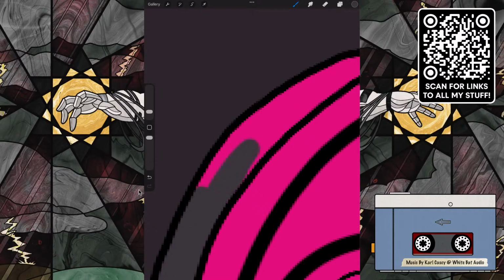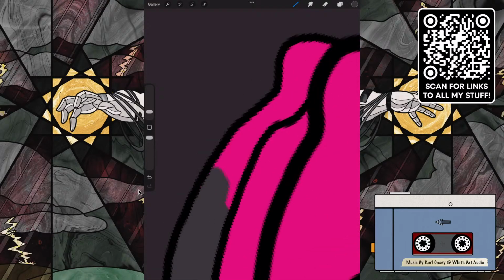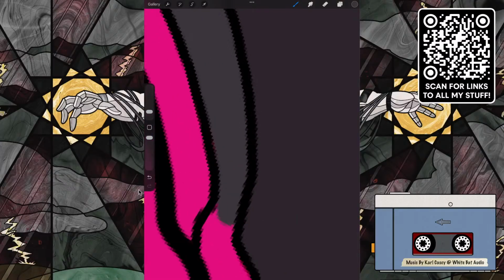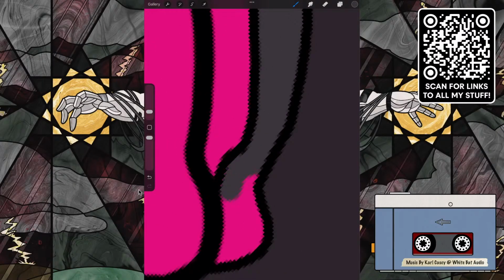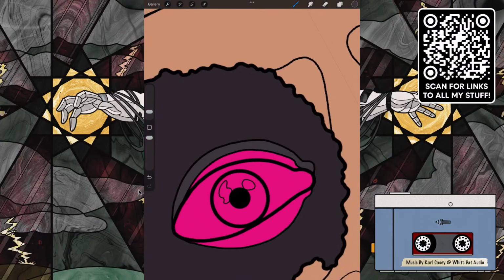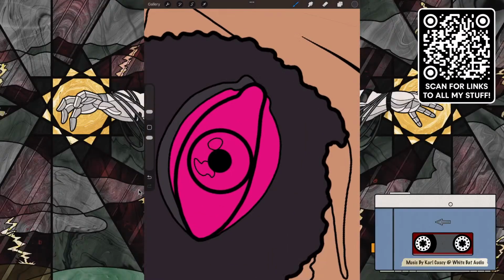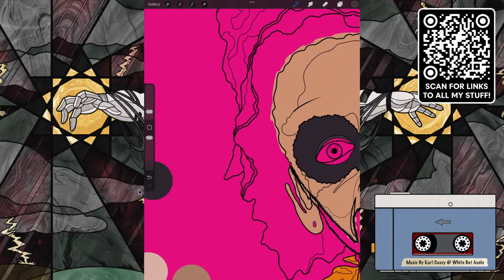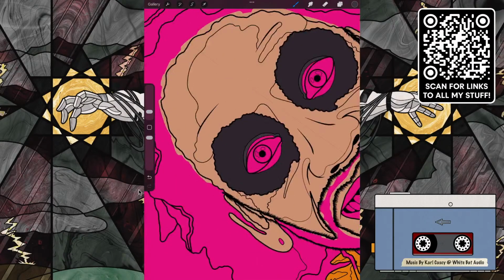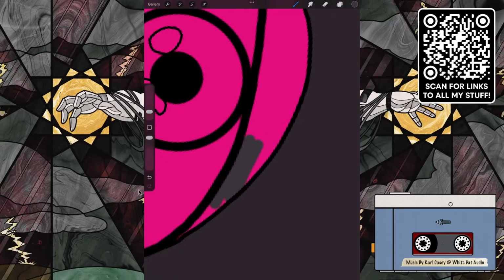I'm giving there some color depth to this. Nothing too complicated. I don't do a lot of complicated color work. But just a little bit there. And we'll do the same thing. Oh, no, actually, what's the other one? Yeah, let's do the same thing underneath. Let's do that for here.